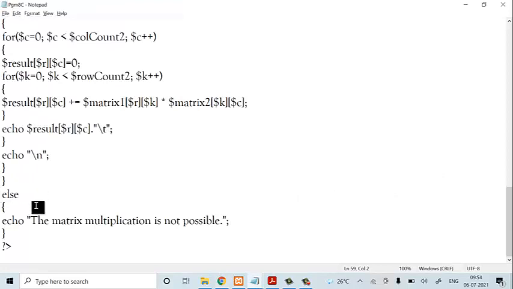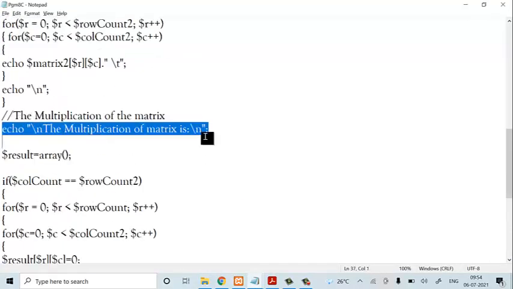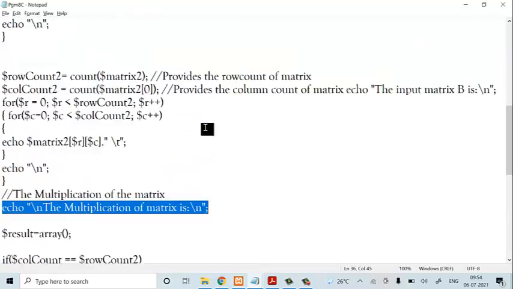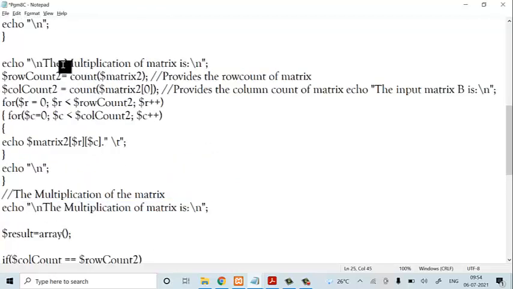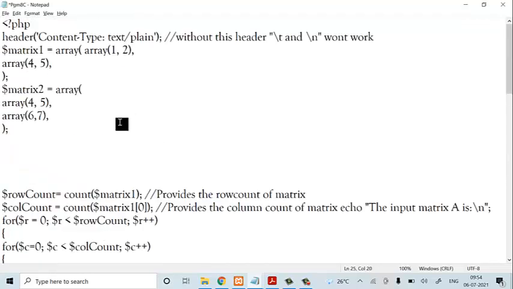Program 8C. Now you can check it out, where 1, 2, 4, 5 is your first matrix, where 4, 5, 6, 7 is your second matrix. Or else I'll change the statement. Give me 1 minute. Echo, where here I'll write it, second matrix. Here I'll write it, the first matrix. Save the code, go back to here and I'll refresh it.